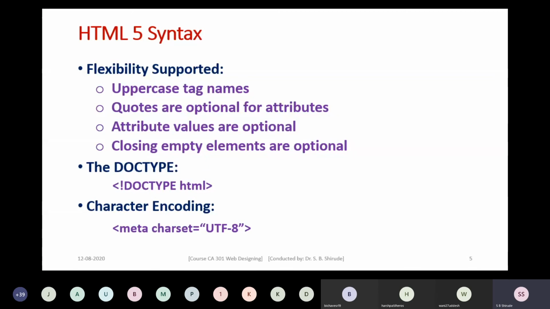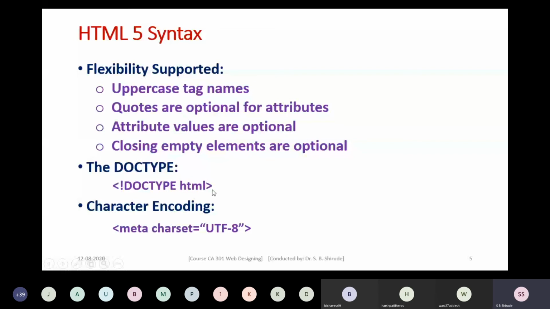Then the HTML5 syntax suggests that the first line of the HTML5 document should be the DOCTYPE. It is a declaration line, and in the earlier versions of HTML this declaration line was very long. In that you had to specify the complete path of the DTD file that you were going to refer to for that HTML version.